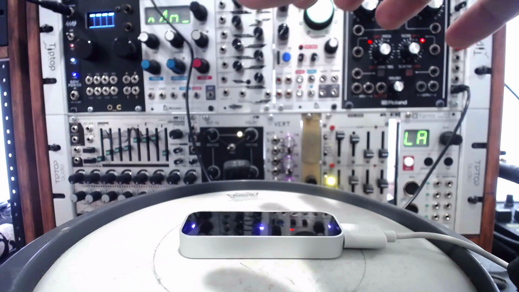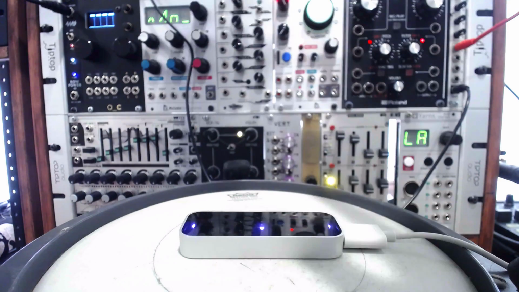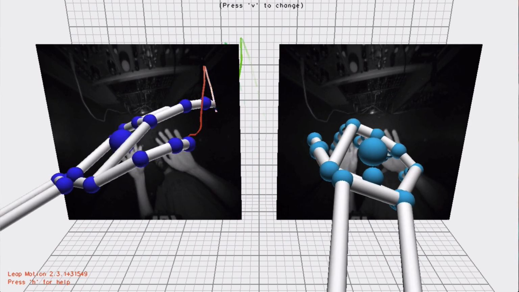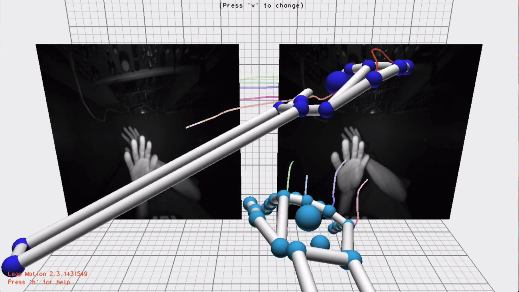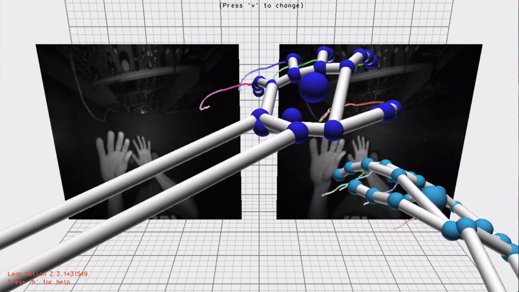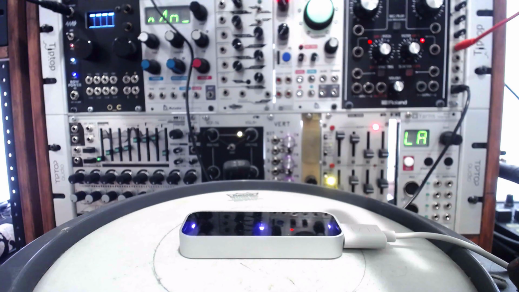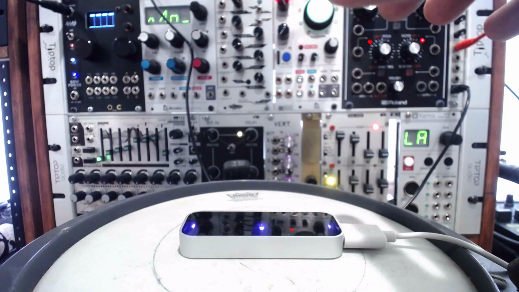I've wanted to use the Leap Motion tracking device with my modular system for over a year, since discussing the idea with Philip DiTullio, one of our students. I recently received the Expert Sleepers ES8, a DC-coupled audio interface in Eurorack format, which has finally made this a possibility for